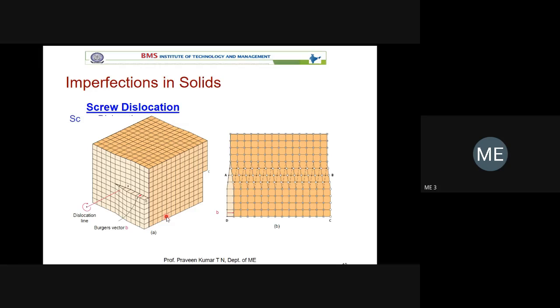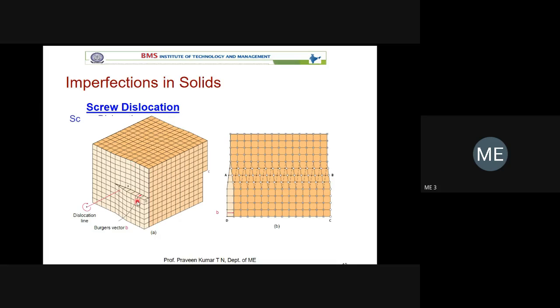It's one crystal. You are assuming that the crystal is cubical in nature. The intersection point, this is one intersection point. This is one more intersection point. On those intersection points, you are assuming that there is one atom. Instead of showing different circles, they have shown it as a regular rectangle. This is the regular square or rectangle.